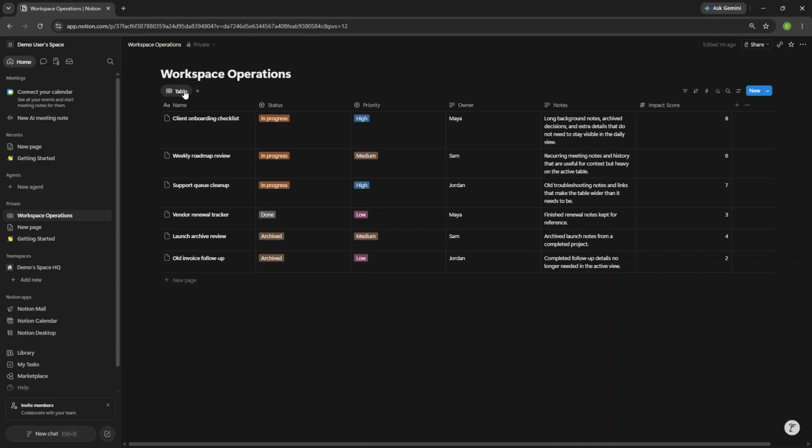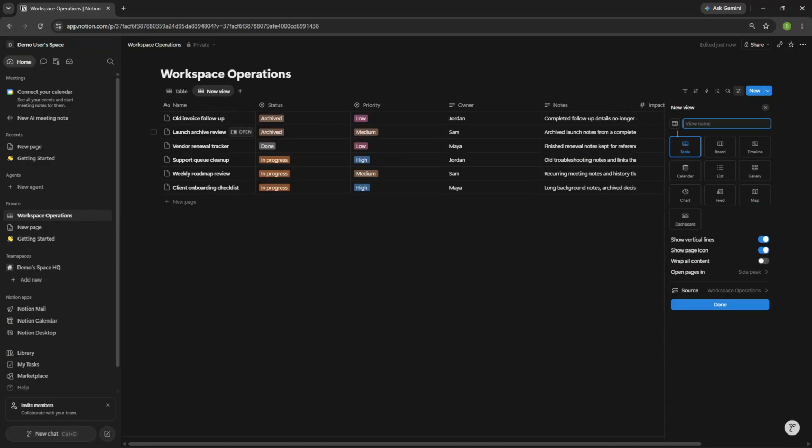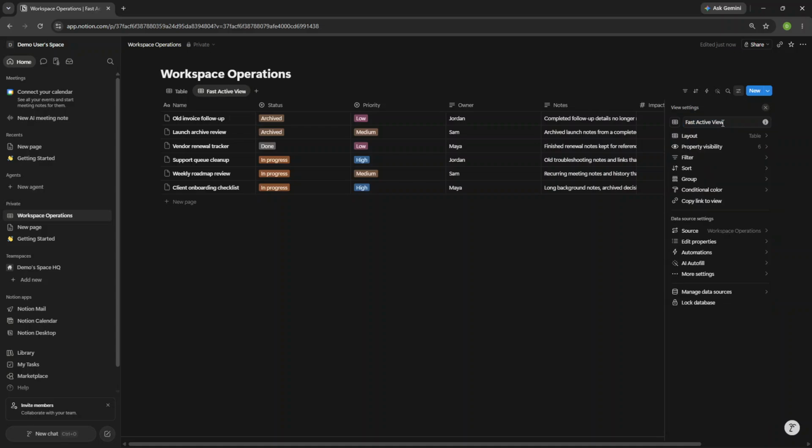right next to them. If Notion asks you to choose a layout, go ahead and select Table. Now click into the New View Name field. Type the view name of your choice, something short that describes what this view is for. Once you finish typing, press Enter on your keyboard, or click Create if Notion shows a Create button on the